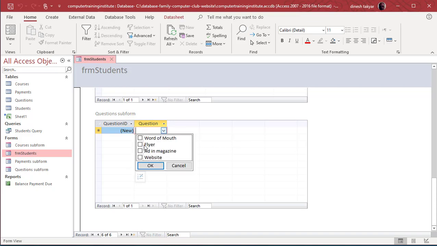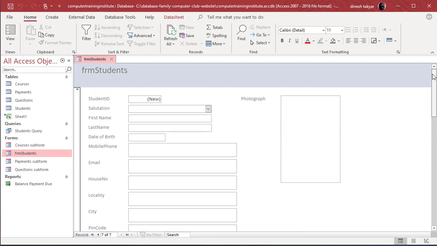That means how did the student get to know about us, and the form has been filled up. So if I press the next button, I will be offered a new entry here, which I'm not going to do now, but I'm going to show you that this entry has been made in the students table.